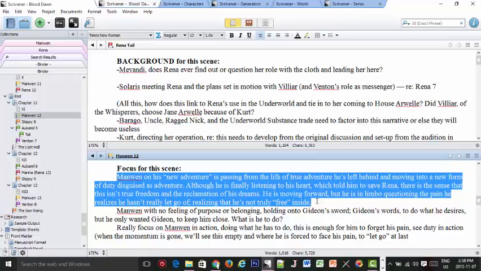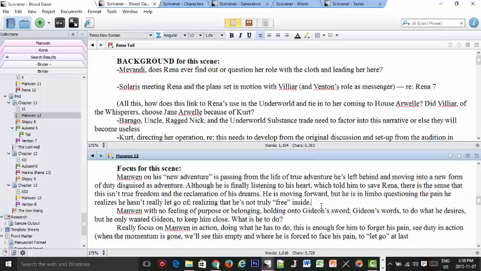It has to reflect the focus of the scene, or else as a reader, you're going to feel like there's just a bunch of random pieces thrown together, and this has to happen, and that really makes for a boring novel. So this focus is very important for me.